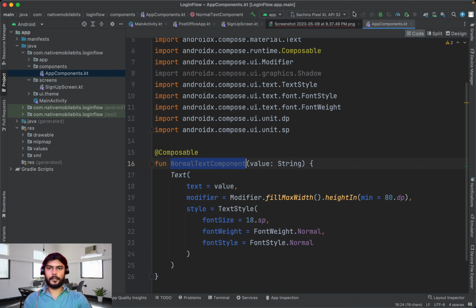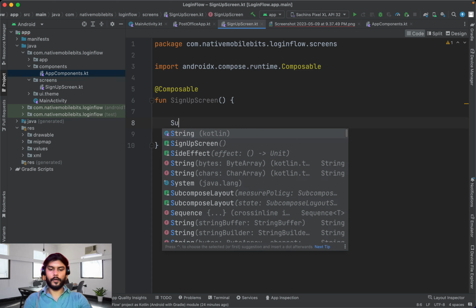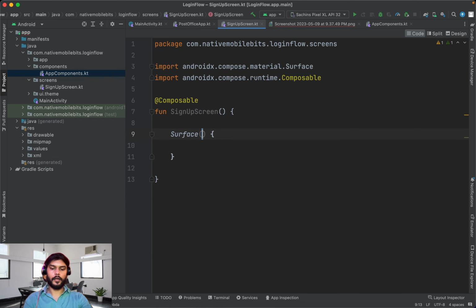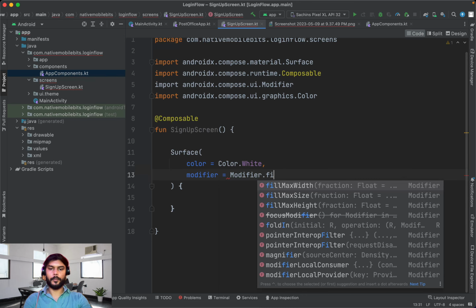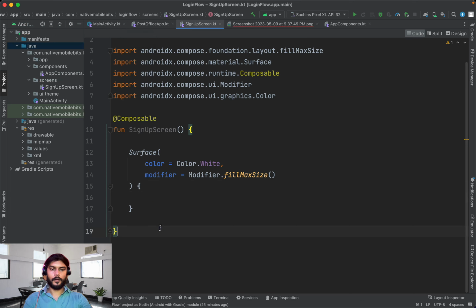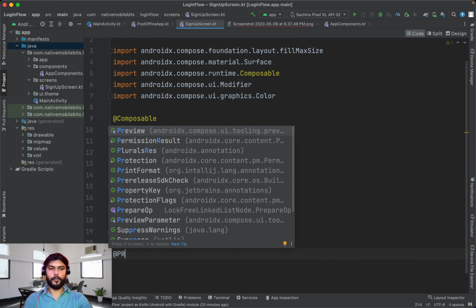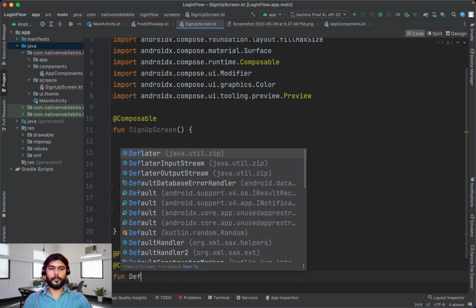We can check this text with the help of sign up screen, but before that we need to add one surface. We are going to specify white color here as the parent background color. We'll also specify one modifier, and this will be fill max size so that it can cover the entire screen. And we are going to add one preview for this screen as well. It will be one composable function, default